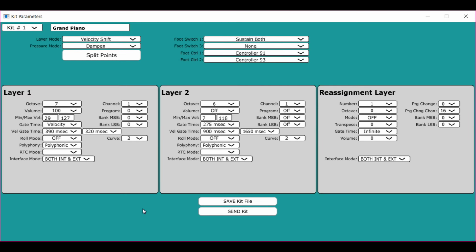There are some other special features in the kit parameters called dampen, normal, aftertouch, and dead stroke. Normal means that when you play the instrument, you strike it. When you step on the sustain pedal, it sends out a sustain message, which is controller 64. Now, when you set the instrument to dampen, the sustain pedal no longer sends out controller 64. But what it does instead is suppress note offs until you let go of the pedal. But that allows you to use a dampen gesture on a particular pad, any pad, to just stop that note